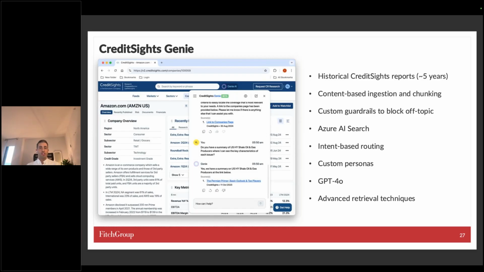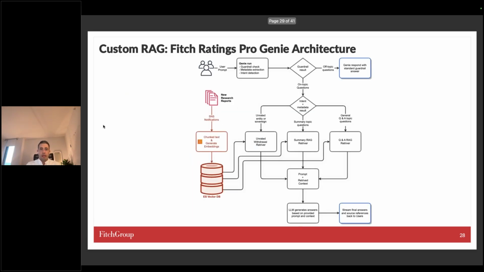So for the ingestion and the chunking, there are many different strategies for content ingestion and chunking because the type of data that they have on their platform has very specific use cases. And so if people are asking specifically about the company overview, we will redirect the query to a pipeline that has been specifically engineered to handle the company overview well. If they are asking about anything else, then there are other types of pipelines.